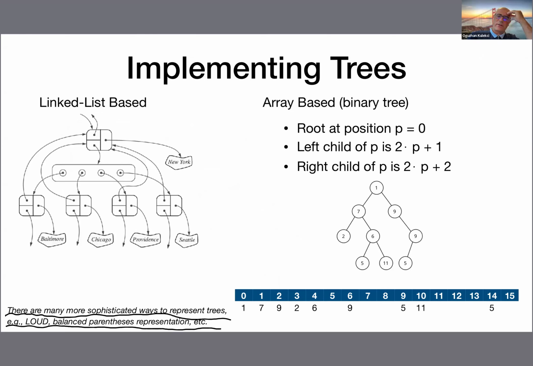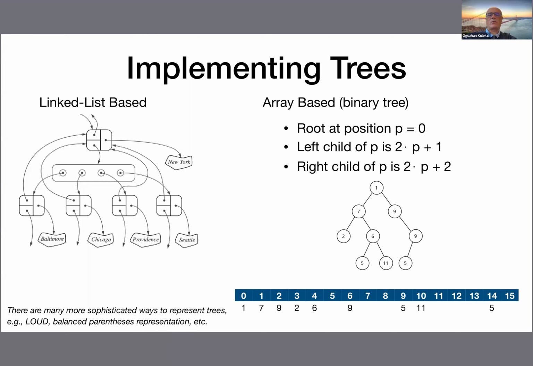So LOUDS, balanced parentheses representation, those are all array-based implementations, but they are used to implement trees in a more sophisticated way, particularly to implement a general tree, a general n-ary tree. But once we have a binary tree, then the array-based implementation of binary trees is more interesting because we can just make it with a simple